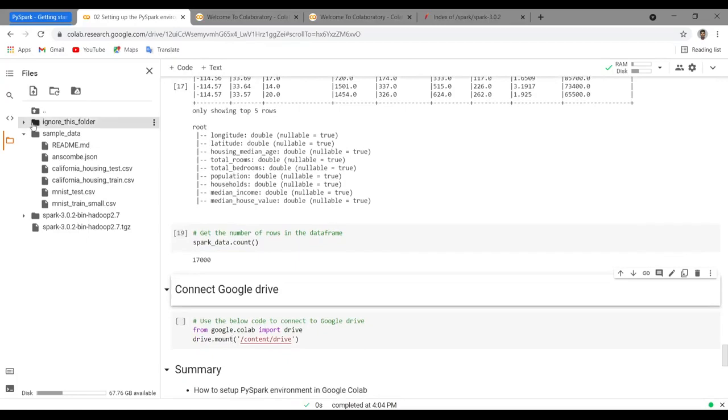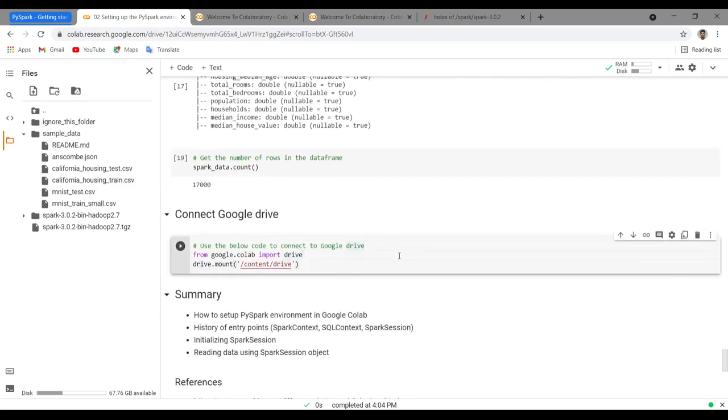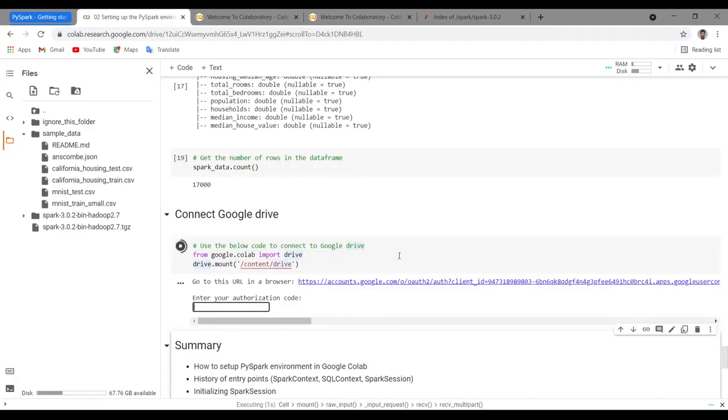Currently we have the data in sample data which was automatically provided by Google Colab, but let's say you want to upload a new dataset and use it, or you have uploaded it on Google Drive. You can use these two commands to connect Google Drive and directly use that file path to read data on Google Colab. You can directly run these two commands. I will also share this notebook. You can make use of this code, and you can go to this URL and they will give you an authorization code, and you can paste it here.